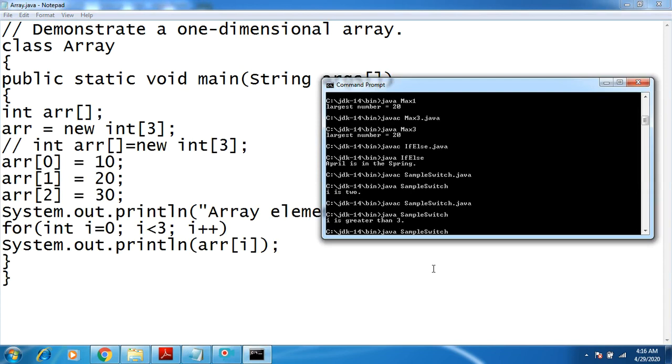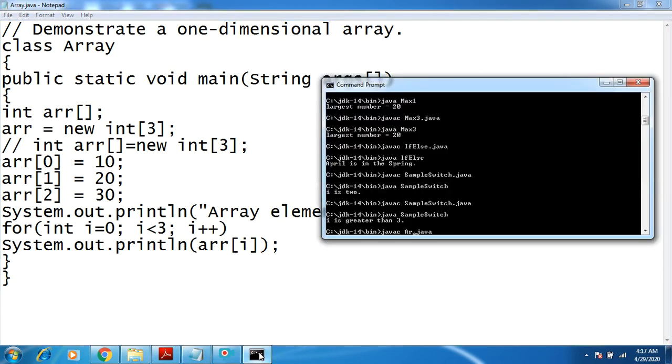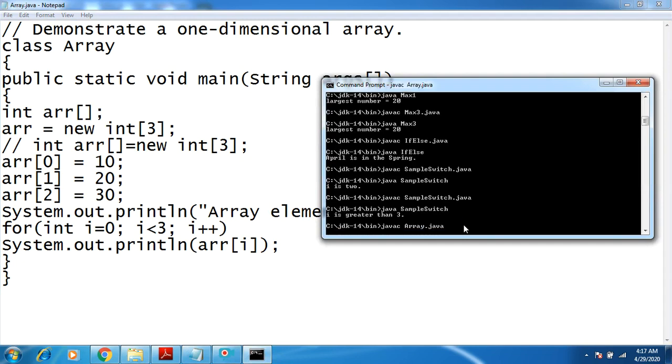So now we'll execute this program. array.java.